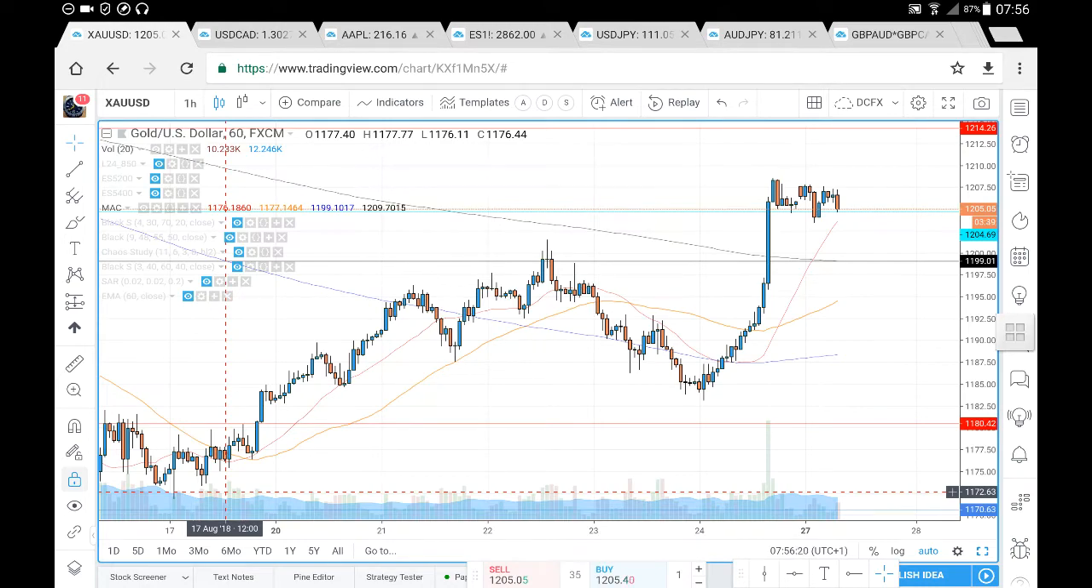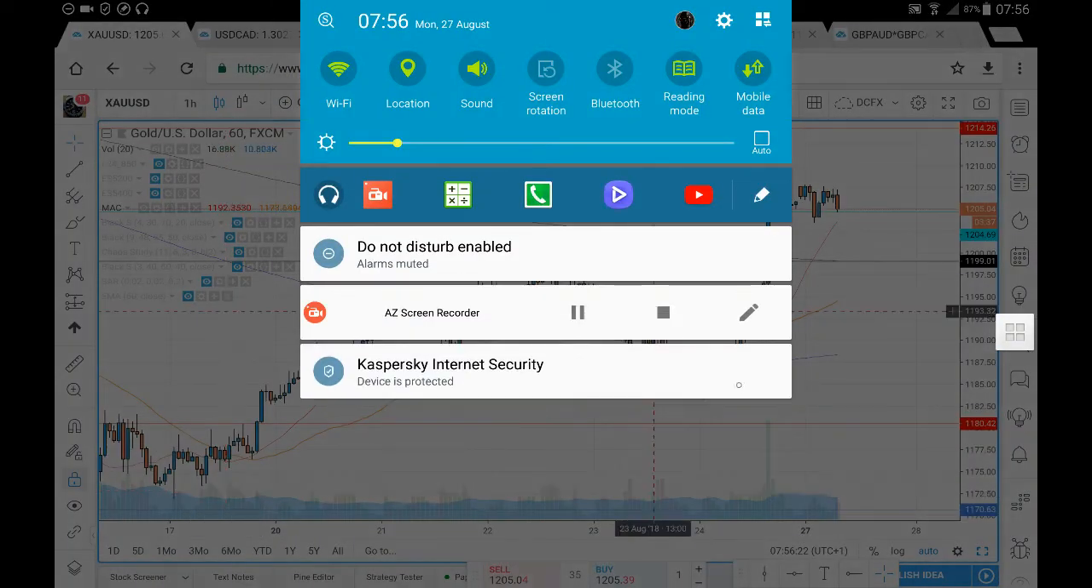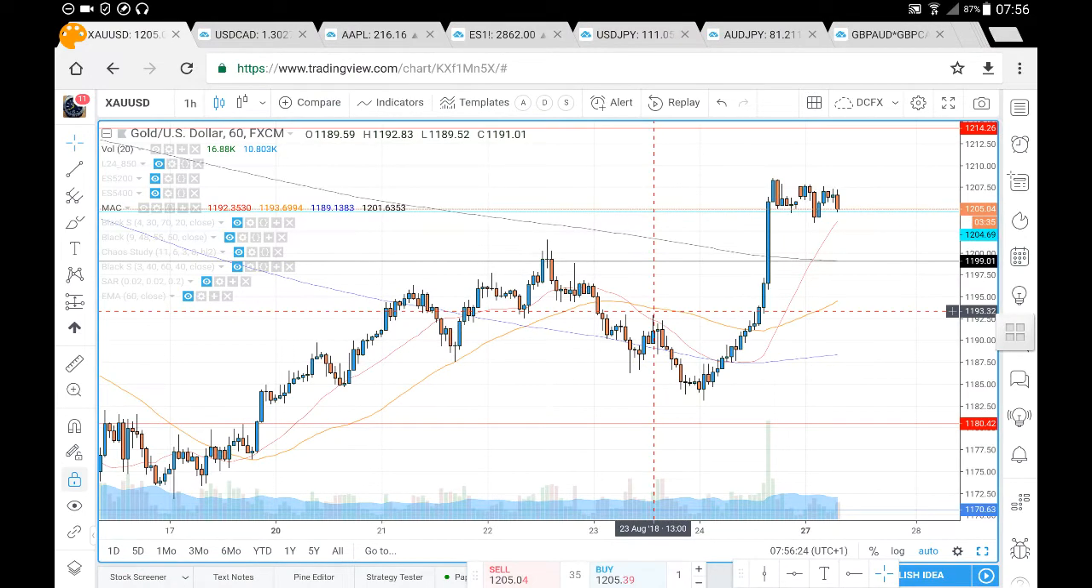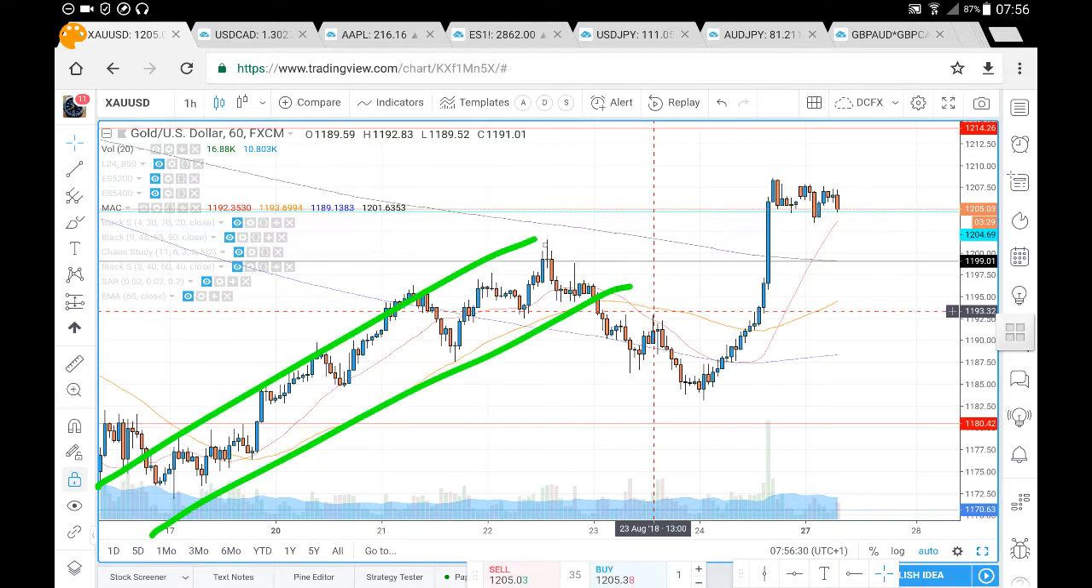So this is the XAUUSD analysis for Monday the 27th of August. Now let's just have a look at prices. Previously we started to develop a bit of an uptrend on the XAUUSD. What we did see was prices head down towards this